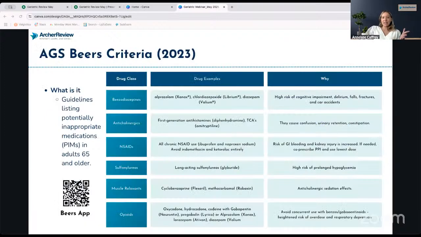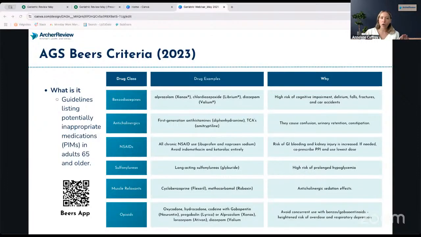This is the Beers criteria list. I included here a QR code. If you are on your laptop you can scan this, or you can screenshot this picture and later take a picture with your phone. This is for the Beers app. It's available on Apple or on Android, whatever phone you have. I will be honest, it's a little bit of a fee. It's pretty minimal if I remember correctly. I'm a cheapskate, I'm as cheap as they come, and for me, it was worth the money. So I think that says something.